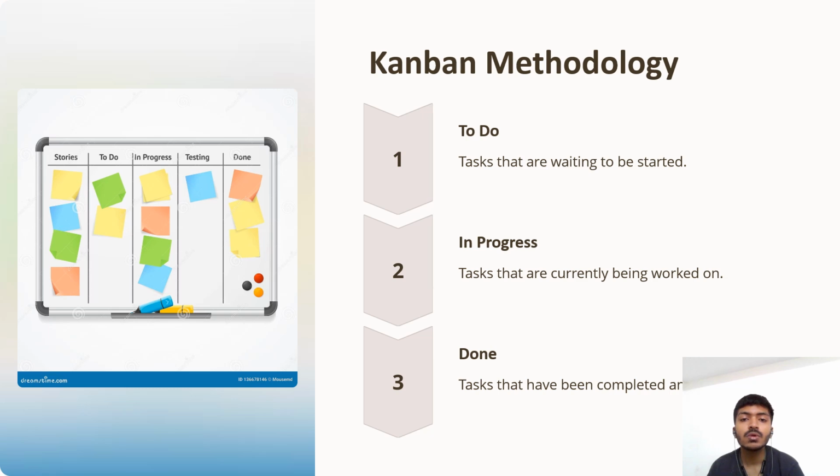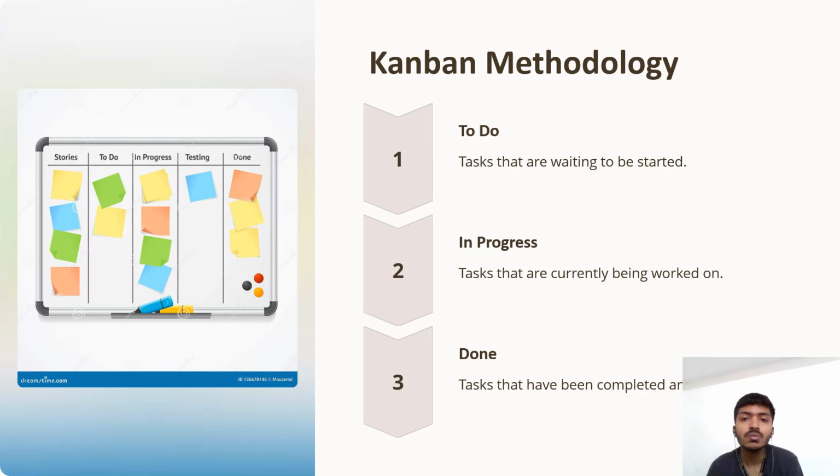Now let's talk about Kanban methodology. Kanban is an agile framework that focuses on visualizing work, limiting work in progress, and optimizing the flow. It is often used in environments where tasks and priorities are continuously changing. So the Kanban process flow includes identifying work items, where tasks or work items are identified and added to the